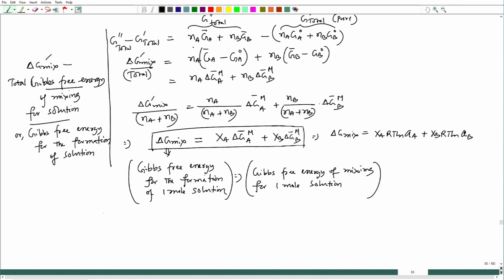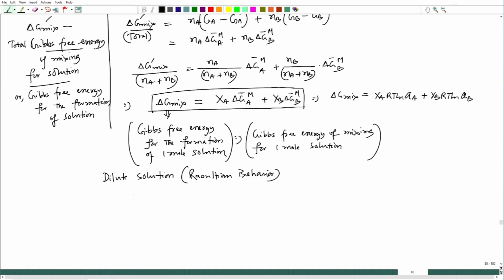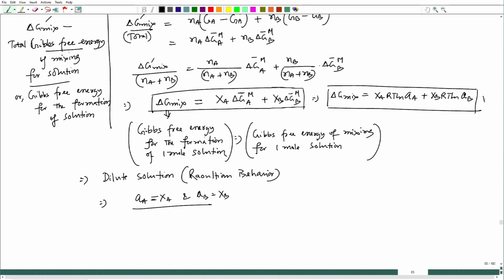Now, if we take a dilute solution obeying Raoultian behavior, all those components are behaving according to Raoult's law. Then we can write a_A equal to XA as well as a_B equal to XB. So, this particular equation would become